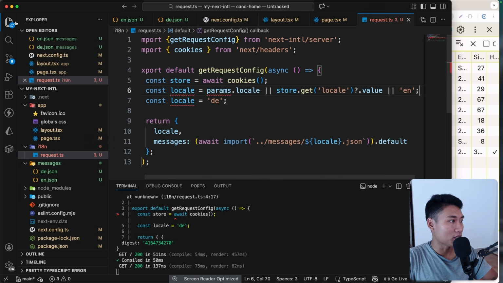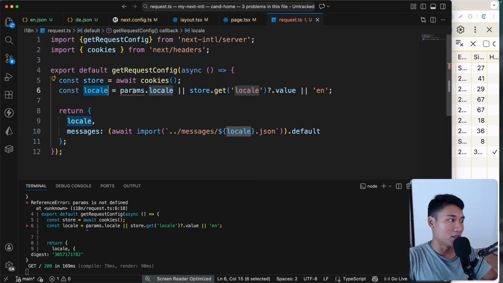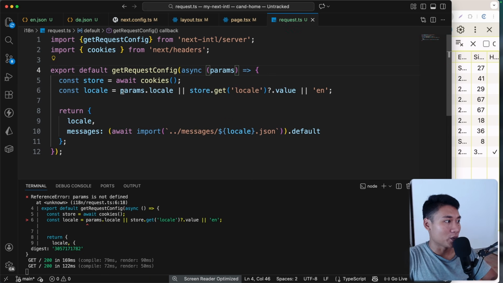So here, as you can see, I create the local variable and then grab the params.local. The params are basically the parameters that we can grab from here, right? So I'm going to paste that. Here we go. So we can grab that from the params, the local value, or we can grab that from the